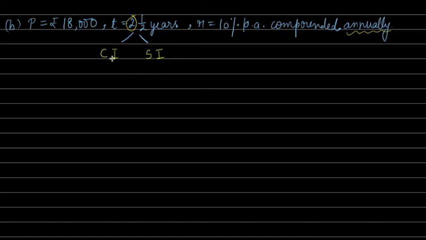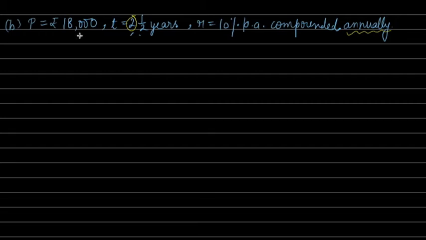And whatever amount you get from here, that amount will be the principal for your next simple interest. I am again repeating, when you have a mixed fraction in terms of time, for half a year we cannot compound the interest annually. Annually means 1 year. So in that case, for the whole number we calculate compound interest, and for the fractional part we calculate simple interest. But for simple interest, the principal will be the amount which you have calculated in the compound interest. So this thing is important here. Okay, so let's begin with the solution of the question.